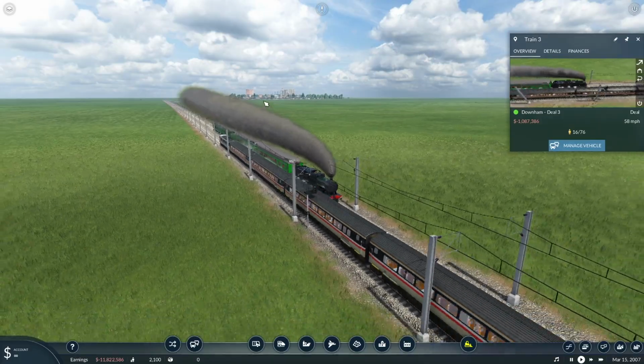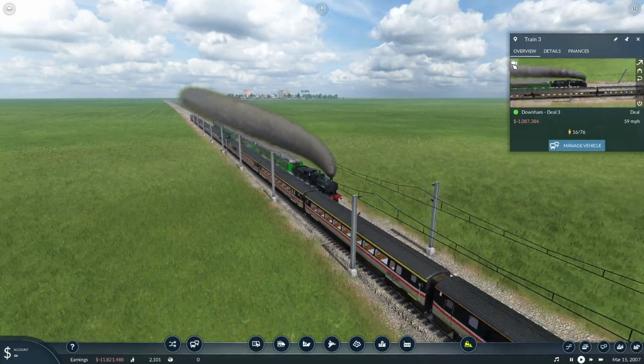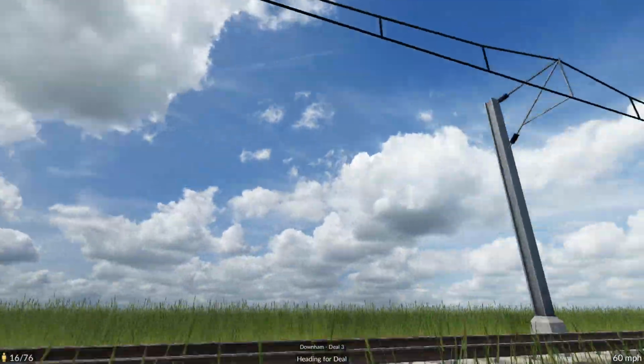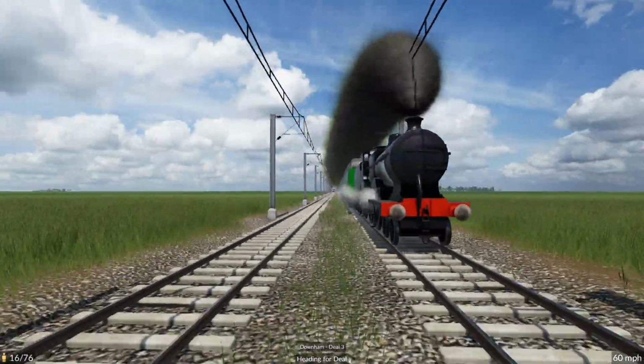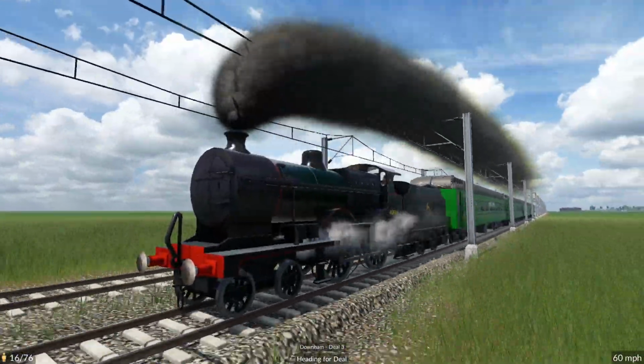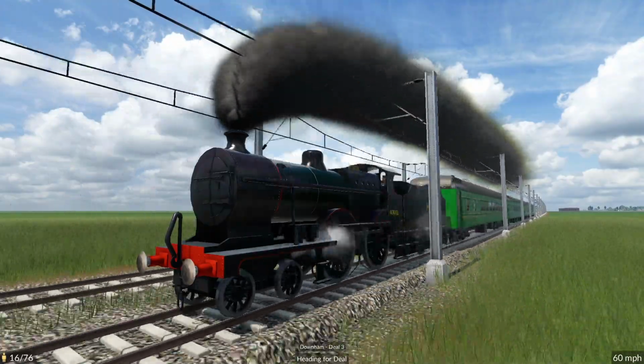So I'll leave you with this one as he steams along. We'll turn around, try move away with the reverse thing there. We'll leave you with that one just steaming along there, and I'm going to leave it there